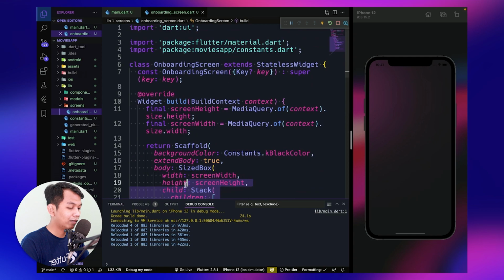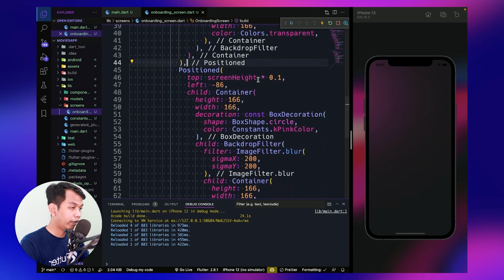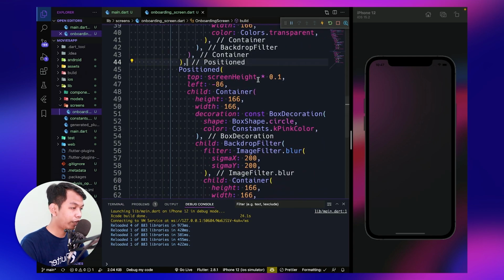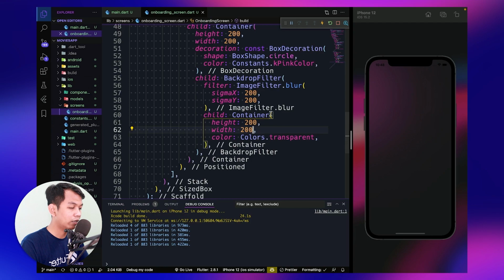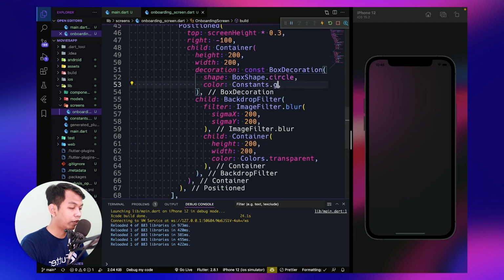So we need to copy this, and we need to change the first, like this position is 30%, and for this change to right, so we want to make a negative margin, so minus 100, this is 200. Copy this and this and this, and change this to green.